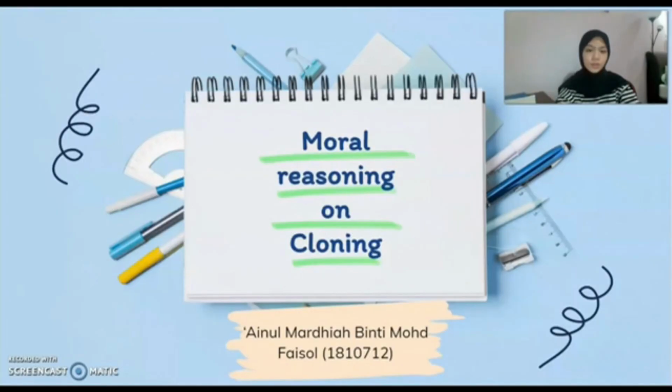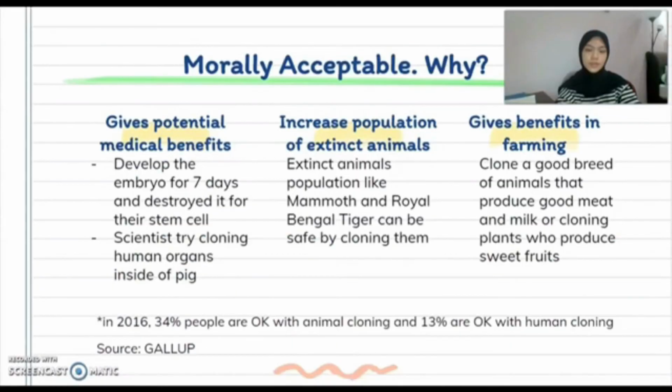So next is moral reasoning on cloning. There are people who think that cloning is acceptable based on the website Gallup. In 2006, 34% of people are okay with animal cloning and 13% are okay with human cloning. So their reason is, firstly, it can give potential medical benefits, which is when they develop the embryo for 7 days and destroy it for its stem cells, and when scientists try cloning human organs inside of pigs,